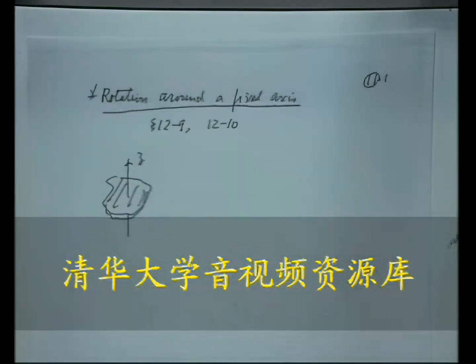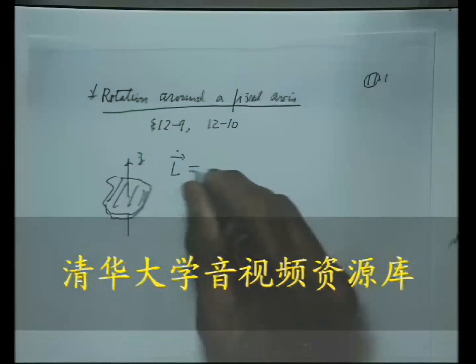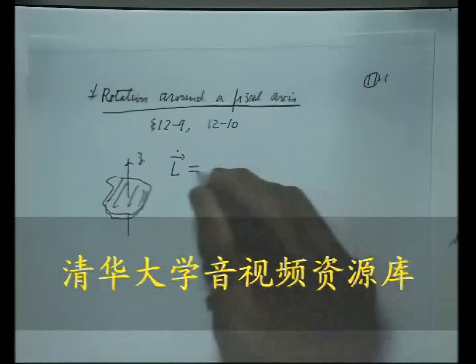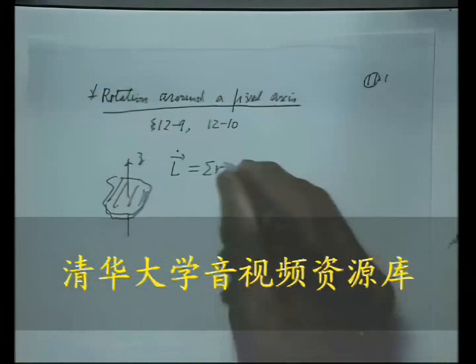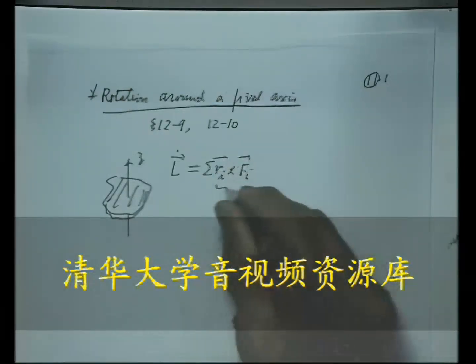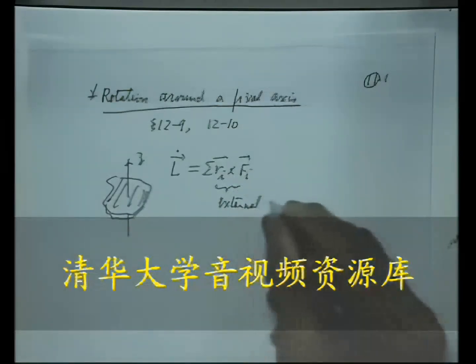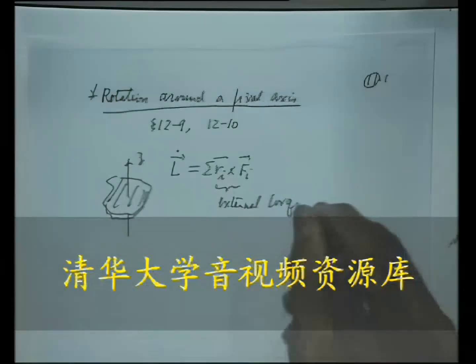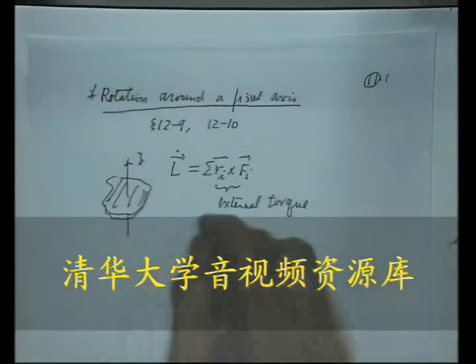Now we had the following formula. The total angular momentum derivative is equal to the sum of all the external torque. External torque. This is the rate of change of angular momentum. This is a very important formula. We apply this formula to